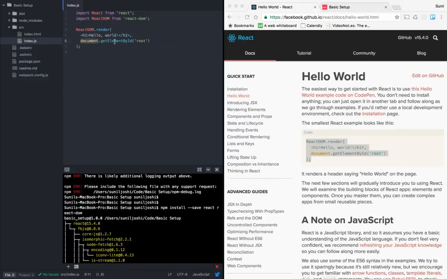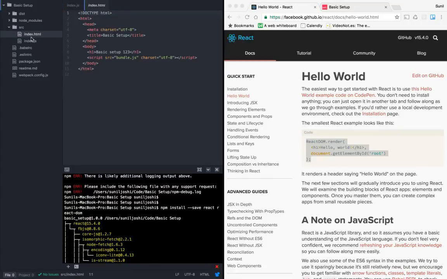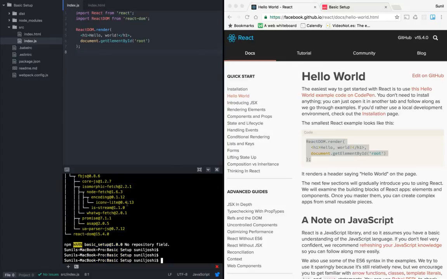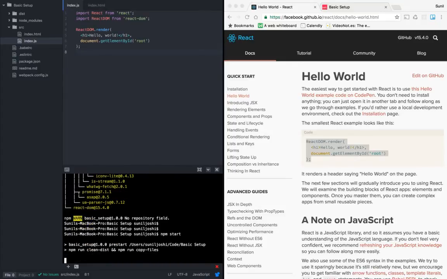So this is the standard JavaScript, where it is getting the element by ID, a root element. We don't have that, so let's go ahead and have a root element. I'm going to have a div which has an ID called root. Now the root doesn't have anything, but what we are expecting is to have this h1 inside that div, and that is what React is going to insert for us. Okay, so let's go ahead and run this. What do you think this is going to get? Do we want to see this display or not? Let's take a look. npm start.